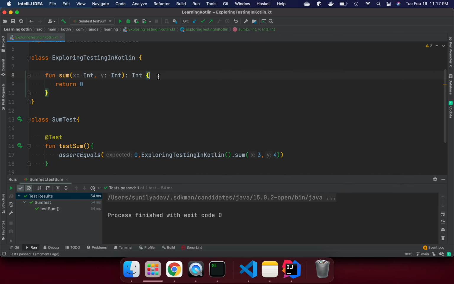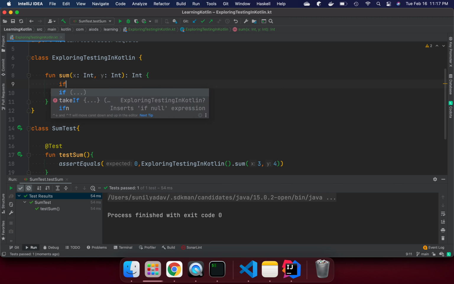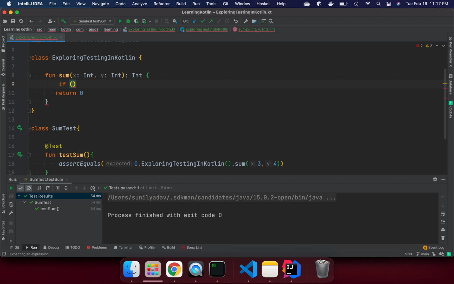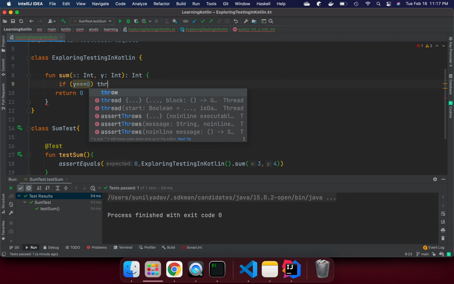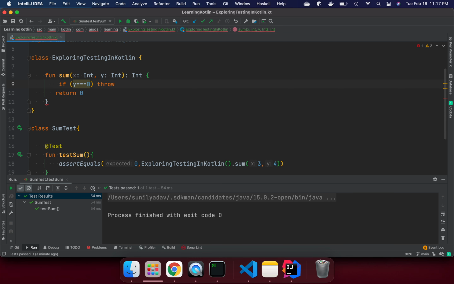Suppose some cases might happen, like an arithmetic exception. If you pass some number and divide by something, suppose I want to divide something, I just want to throw exceptions, basically. So if I say y triple equal 0, just throw arithmetic exception.